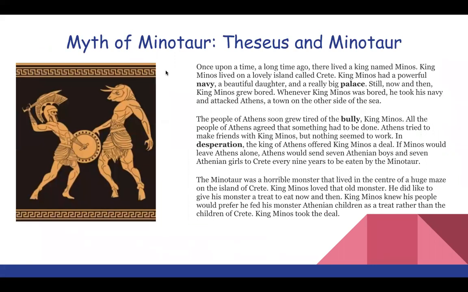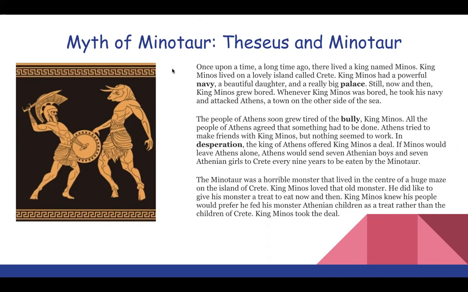So this is the myth of Theseus and the Minotaur. Once upon a time, a long time ago, there lived a king named Minos. King Minos lived on a lovely island called Crete. King Minos had a powerful navy, a beautiful daughter, and a really big palace. Still, now and then, King Minos grew bored. Whenever King Minos was bored, he took his navy and attacked Athens, a town on the other side of the